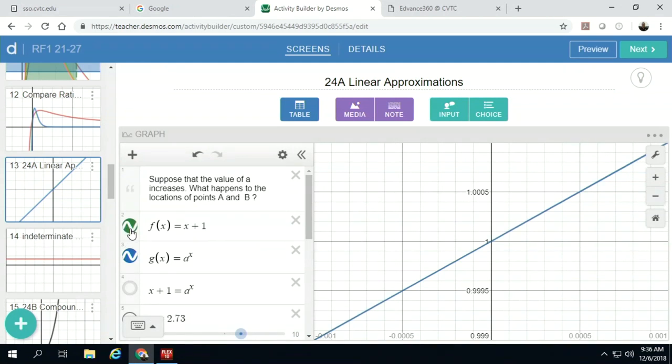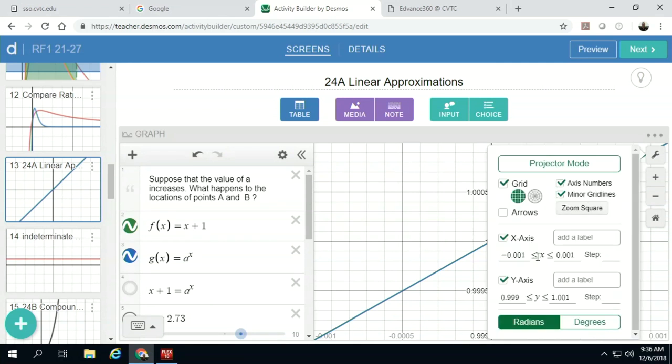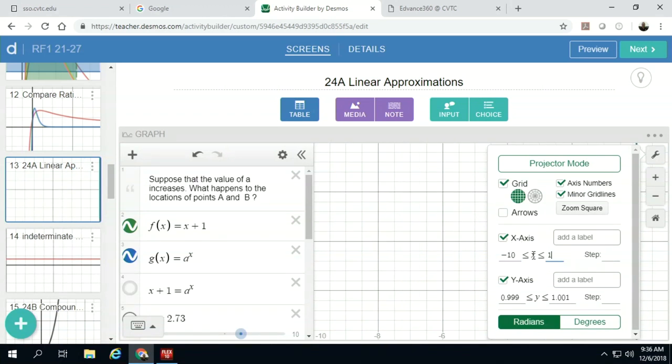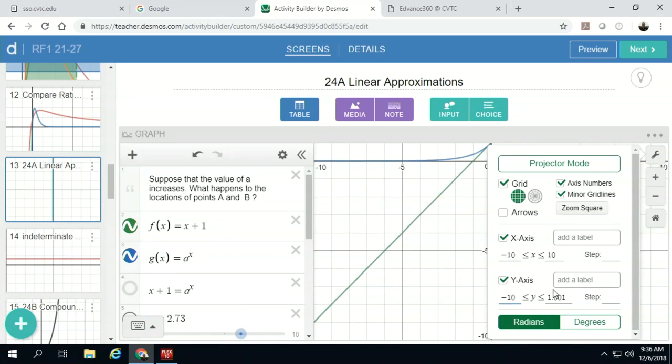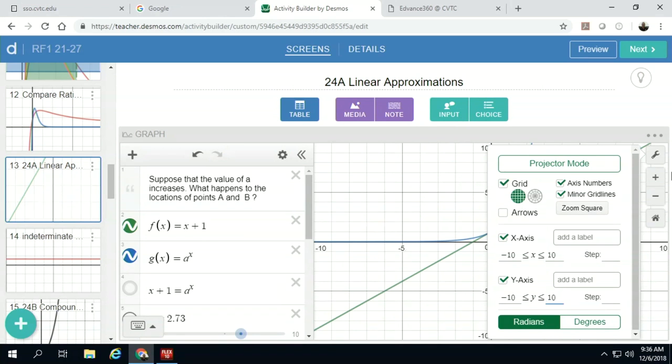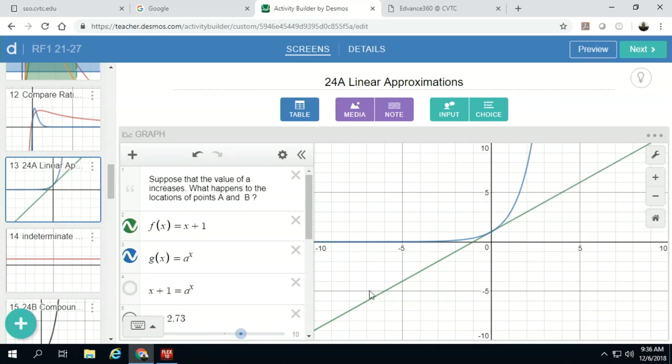So I've got two things going here. Oh, I gotta start over again. I'm gonna start at my x-axis going from negative 10 to 10. My y-axis going from negative 10 to 10. Okay, so there are my